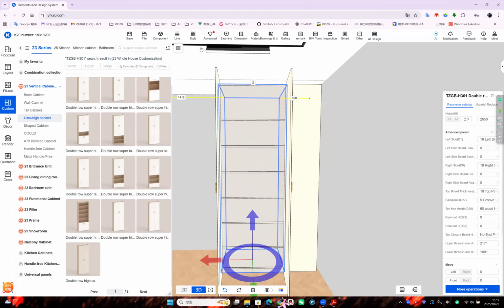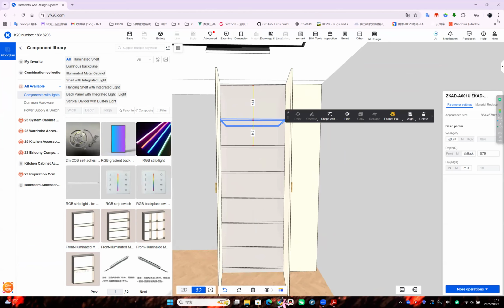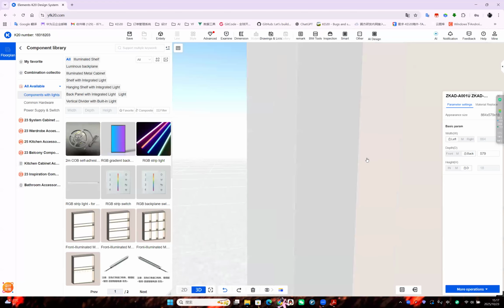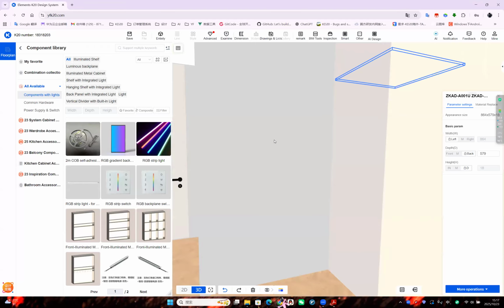Like just now, we can delete some panel, like we also use the component, and then left click the component, and then click delete. Like this one, we can also see this bolt is also the connect bolt, so we cannot delete